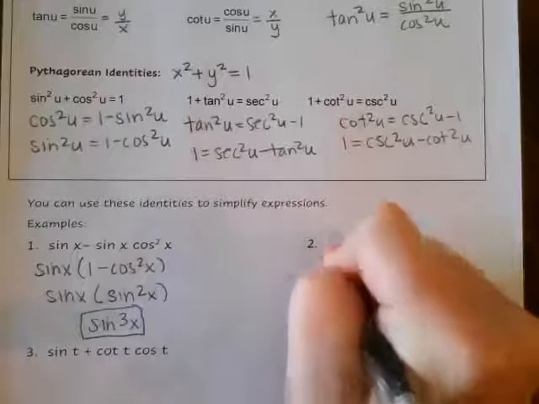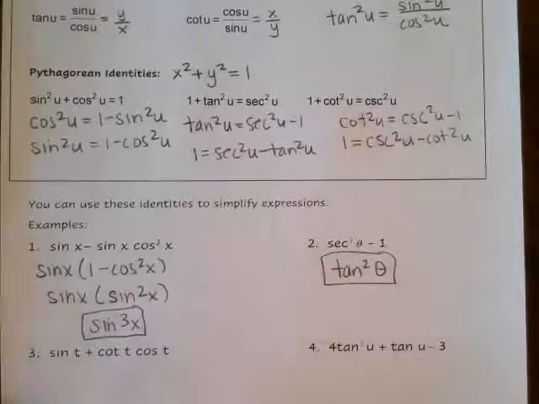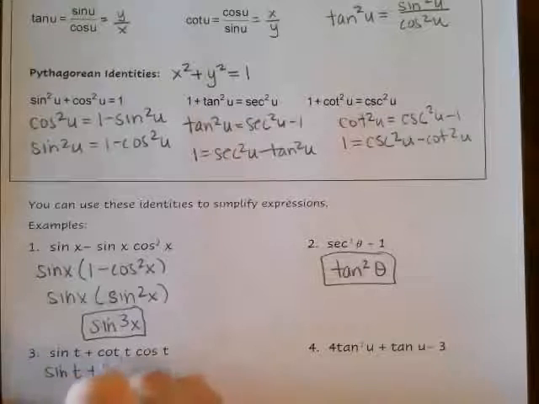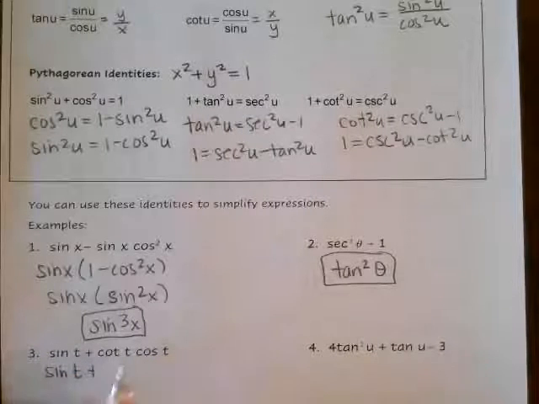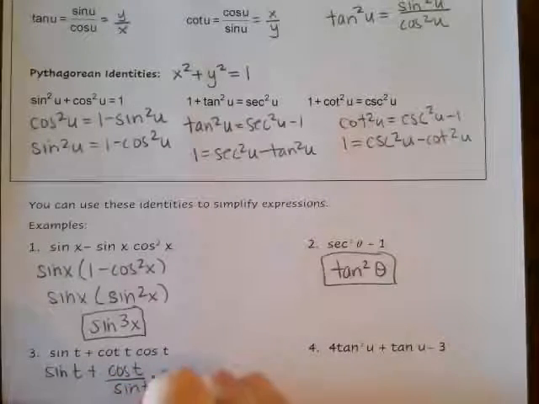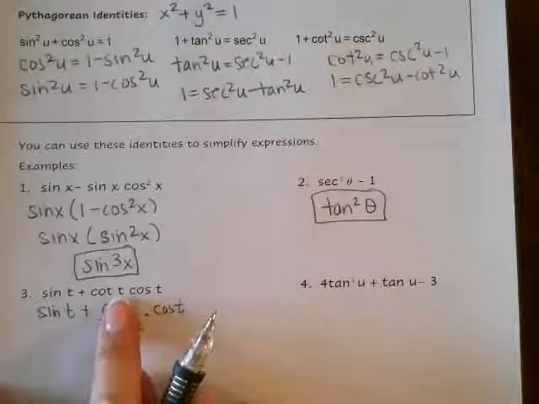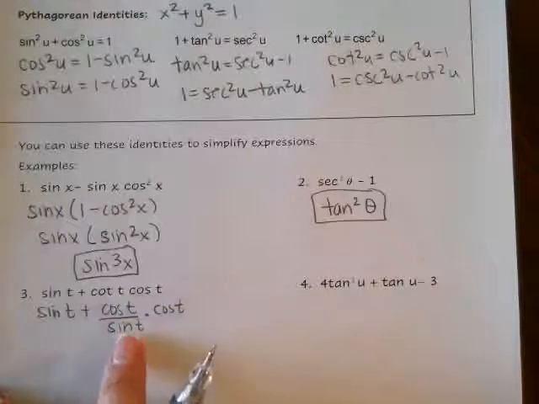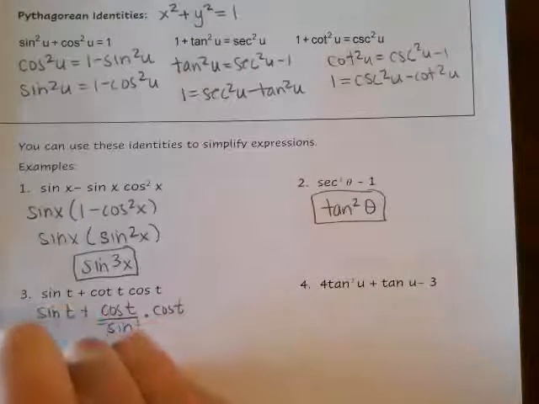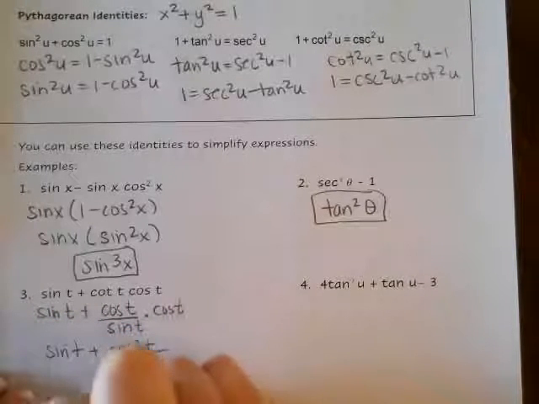So tangent squared of theta. I simplified using that identity. All right, so on this one here, the first thing I want to do is rewrite that cotangent of t to be the cosine of t over the sine of t times the cosine of t. So cotangent of t is the same thing as cosine over sine. So I rewrote that. When I'm multiplying here, I end up with sine of t plus cosine squared of t